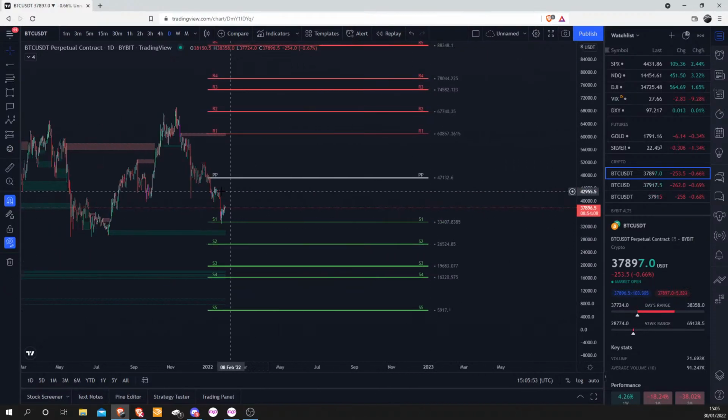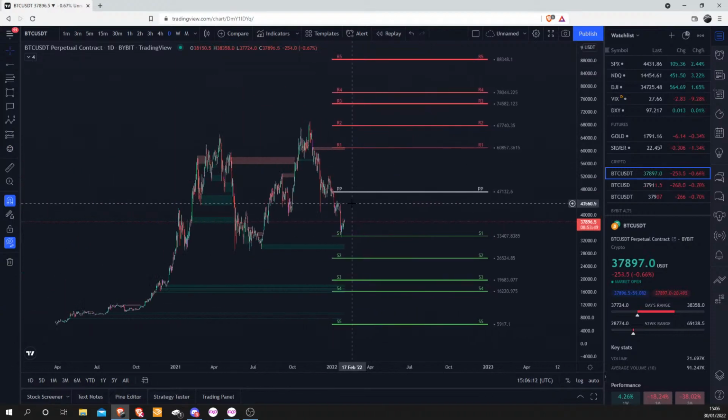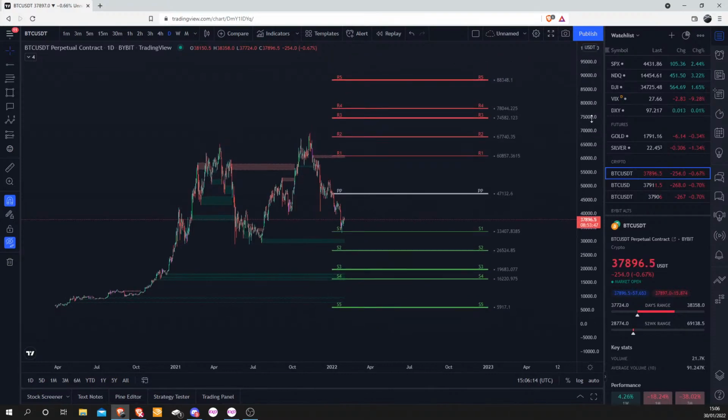It doesn't look good when you look at it like this, really, but maybe S2 to S3 as a low, and then start to reclaim some of these levels. From an Elliott wave perspective, on the higher time frame, if we put in an expanded flat or even a running flat,